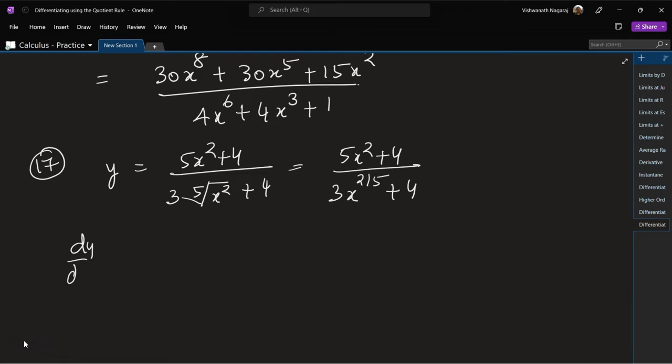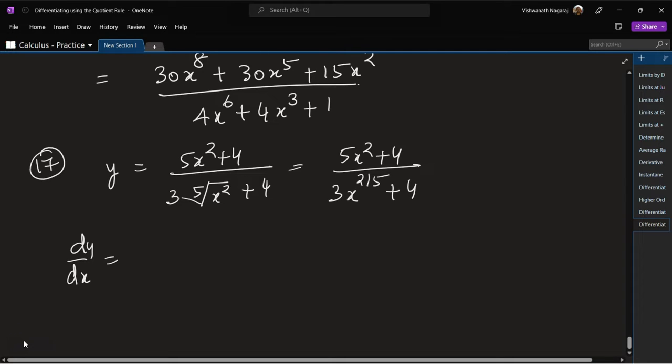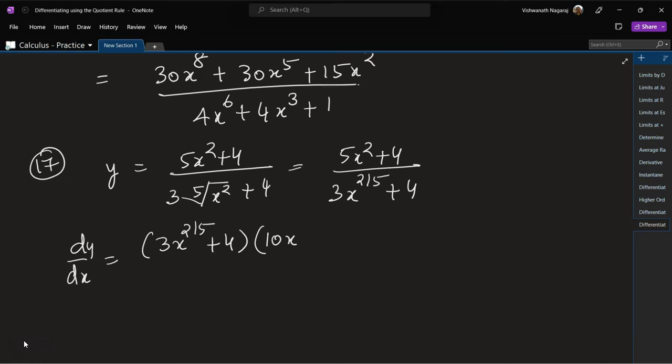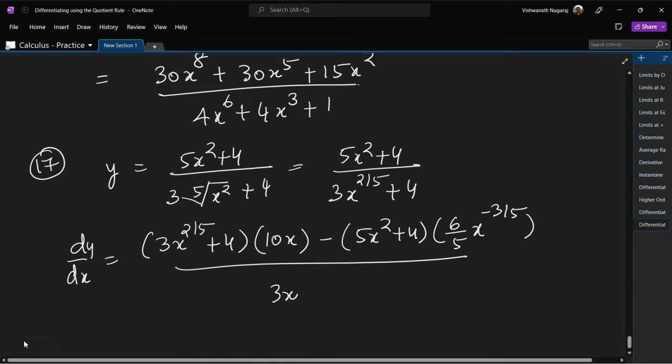So dy by dx would be the denominator as it is, 3x to the power of 2 by 5 plus 4, times the derivative of the numerator, so 10x, minus the numerator as it is times the derivative of the denominator. So 3 by 5 times x to the power of 2 by 5 minus 1. So that is minus 3 by 5, divided by (3x to the power of 2 by 5 plus 4) square,